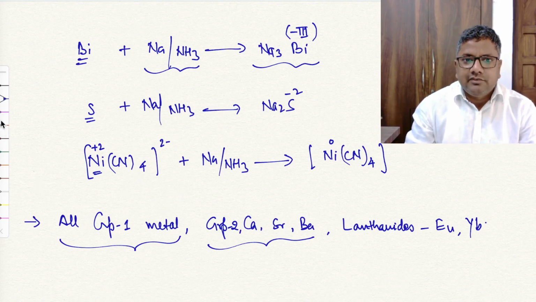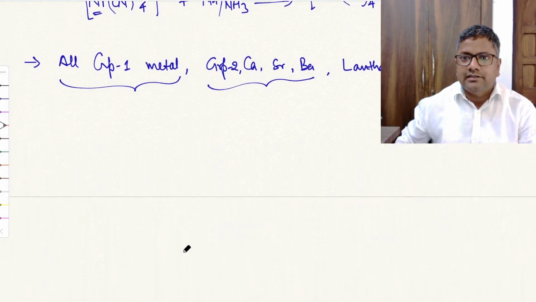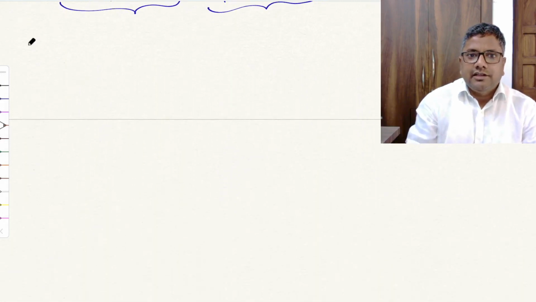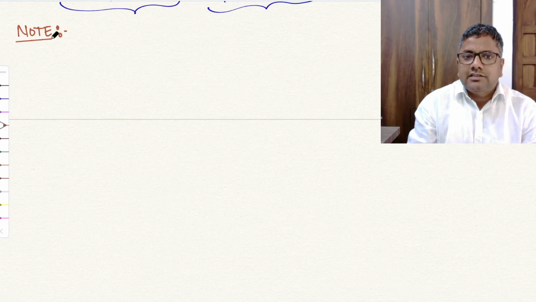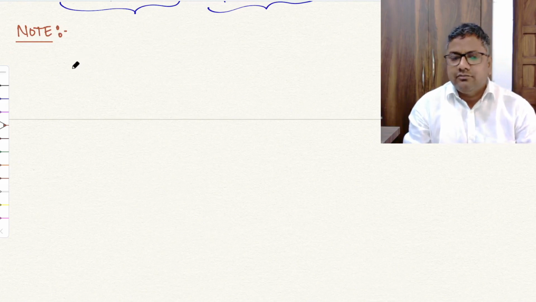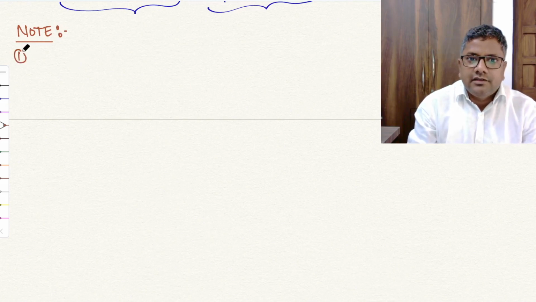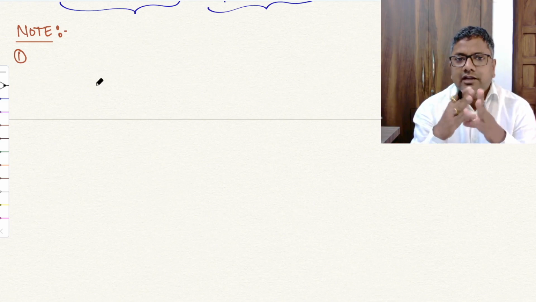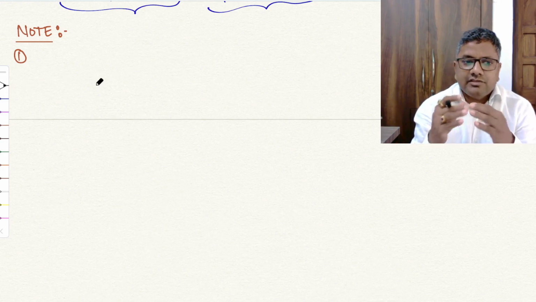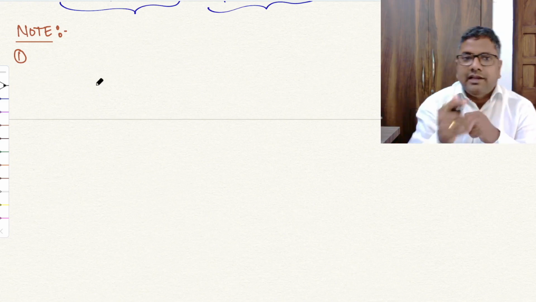I can put this in a separate special note. So this is the last point of our general discussion of group 1, right? First point, that the melting and boiling points of lithium compounds are higher than